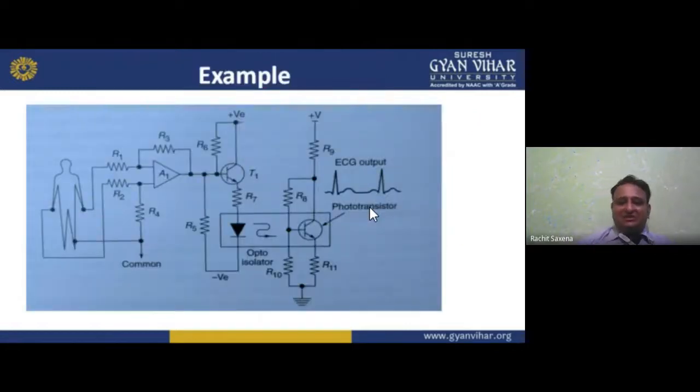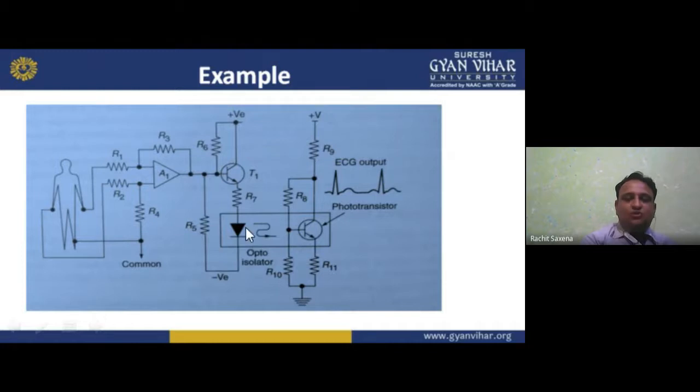Again, an example is there. Now, see here. Here we have the opto isolator. It is optical. Now, we connected it with the hand and legs. Resistances are there, R3, E1. This is amplifier number one. Amplified. Then we have the resistances, voltage source, BJT amplification is there. Then we have the diode, the LED. You can say LED is there.